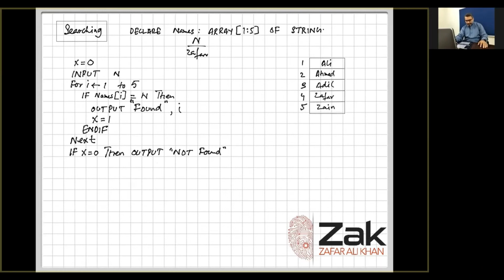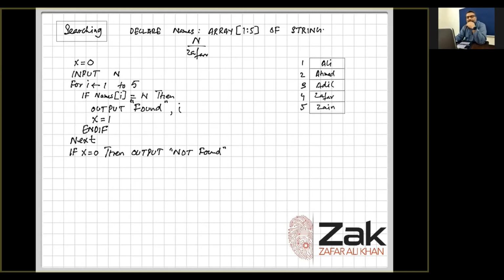Now, searching. With searching, I told you about exit for. If you are looking for something which appears only once, then you don't have to search anymore, because you know that if it is found once, it will never be found again. So you use exit for to get out of the loop for no more searches. And secondly, I told you that if you are looking for something which may reappear, like names of the students, as mentioned in the pseudocode, then we actually have to go through the whole run of all indexes in the array. That will actually find multiple same names which we are trying to find